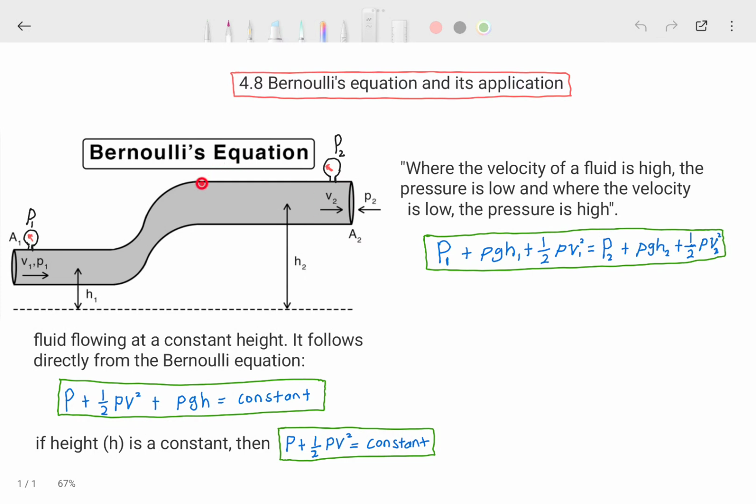Based on this diagram, the Bernoulli principle states that where the velocity of the fluid is high, the pressure is low. So at low pressure, the velocity of the fluid is high here. And where the velocity is low,